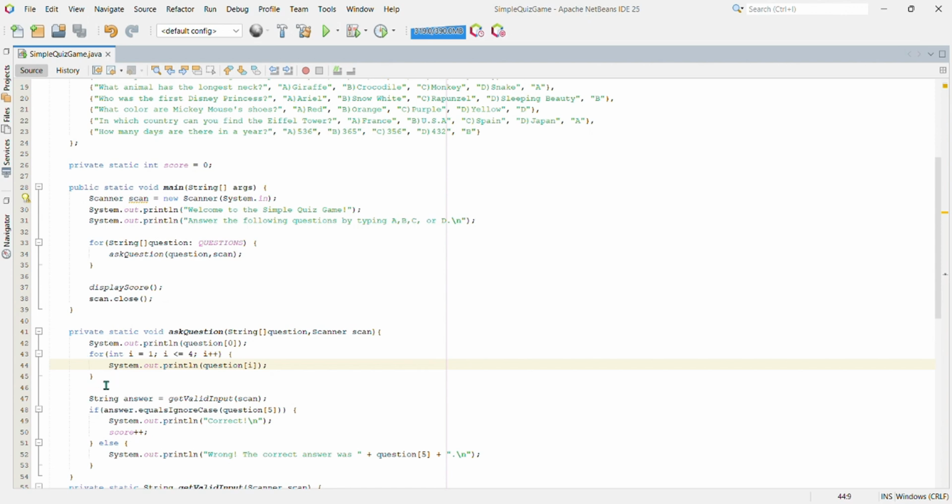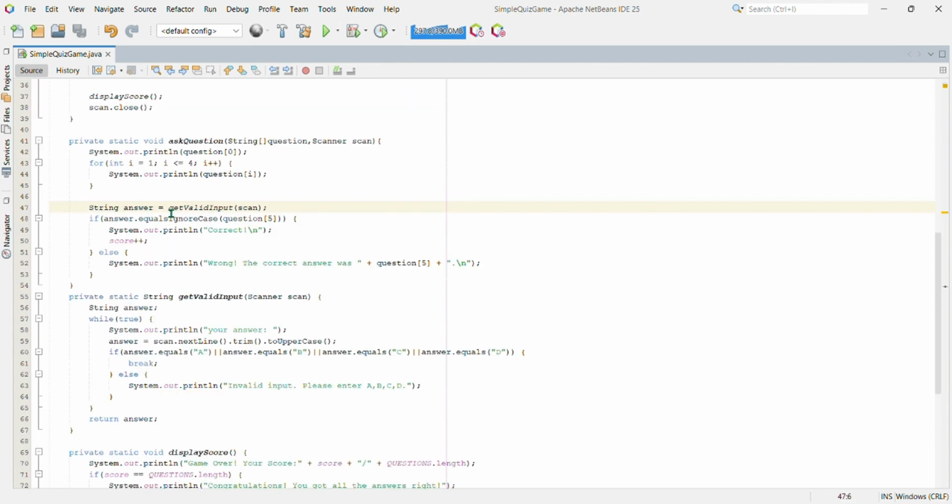Then this line closes the for loop. This line calls the getValidInput method, passing the scanner object as an argument, and assigns the returned answer to a string variable called answer. Next, this line checks if the player's answer, converted to uppercase, matches the correct answer, the sixth element of the question array.